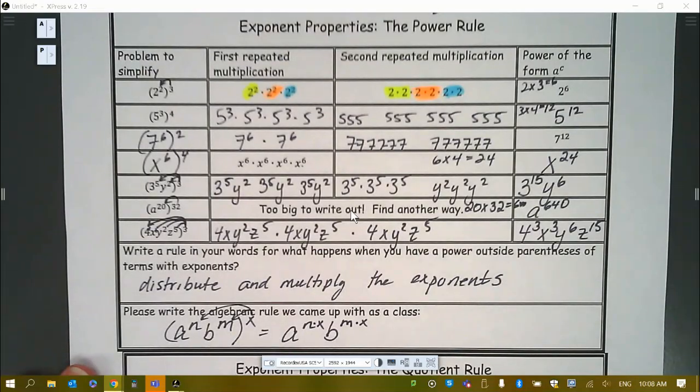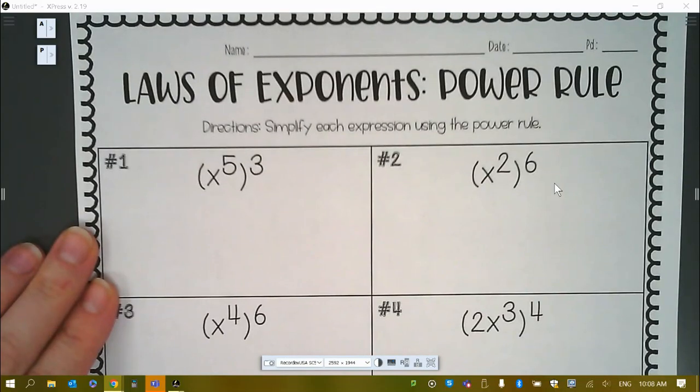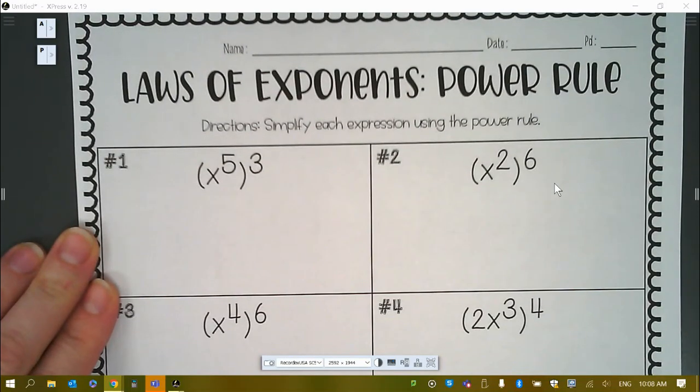So I'm going to stop there. I want you to try the practice on the back side of this sheet. Okay, so you guys will see about 8 problems on the back side. So try them out. They shouldn't take very long, and let me know